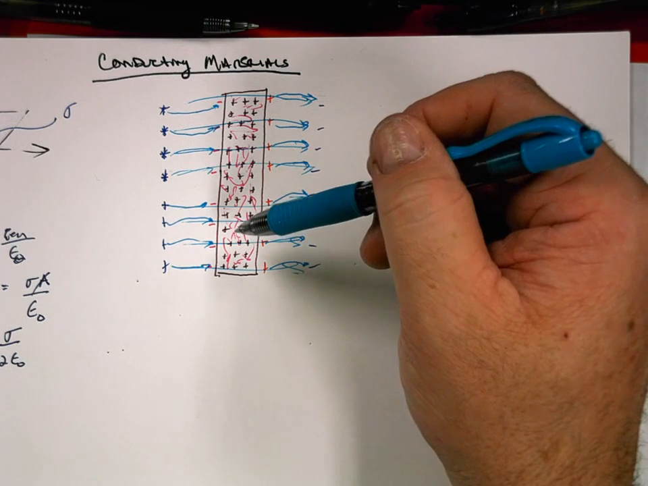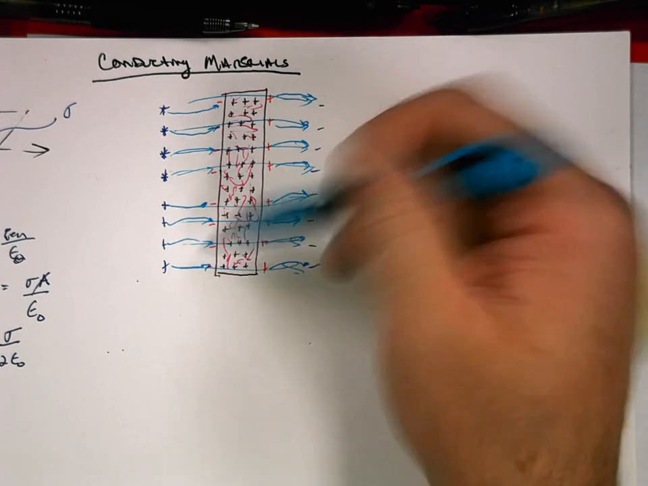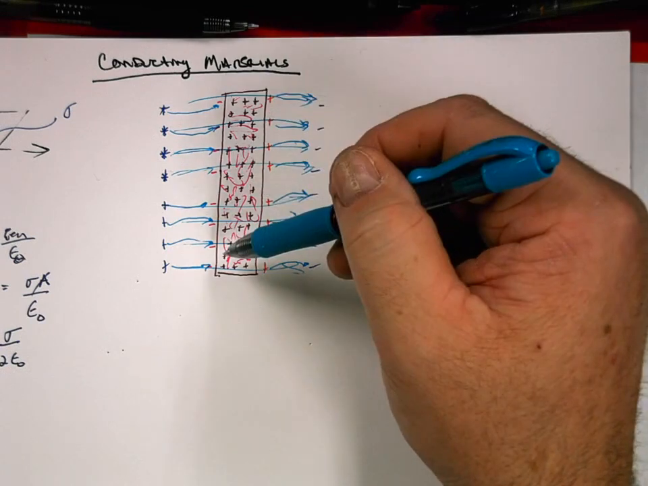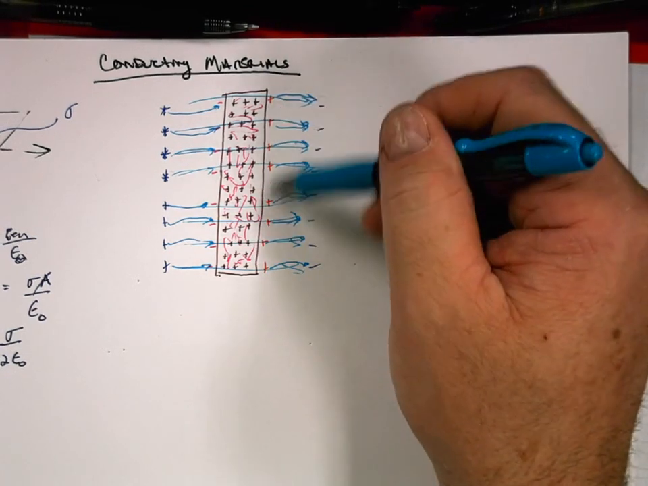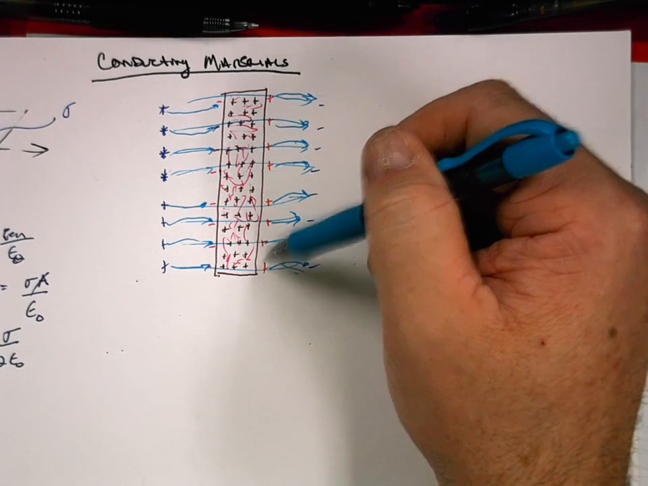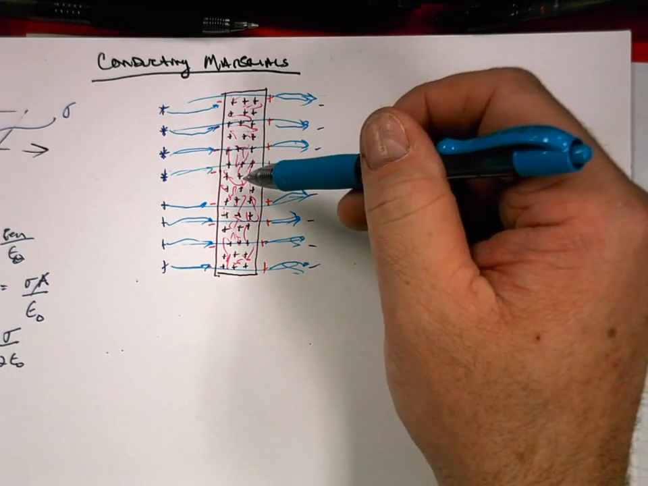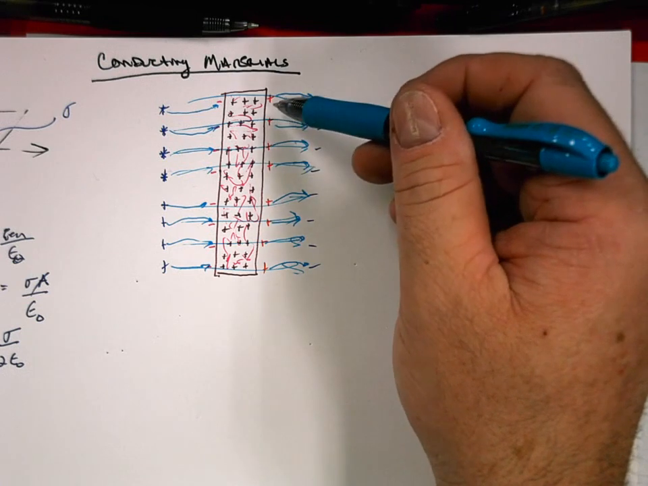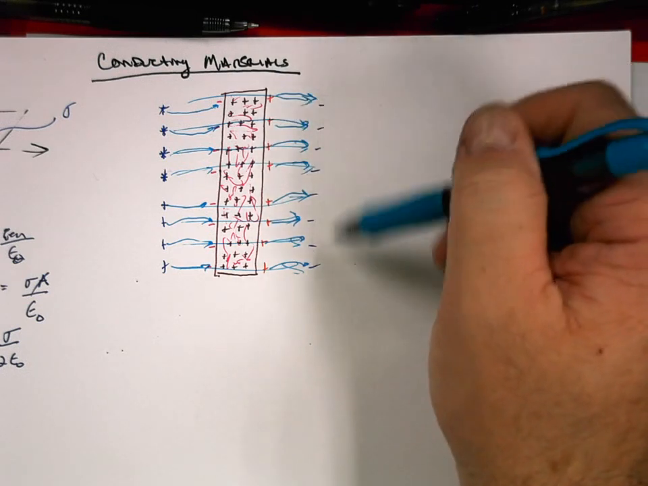Is there any electric flux from this electric field getting into the conductor? No, because it's stopping with the charges that are outside the conductor. Are any of these field lines going back into the conductor? No, because these positive charges are sending the field out to the negative on the other side,